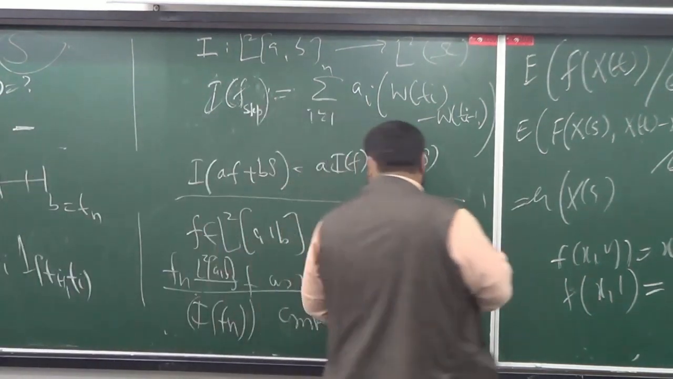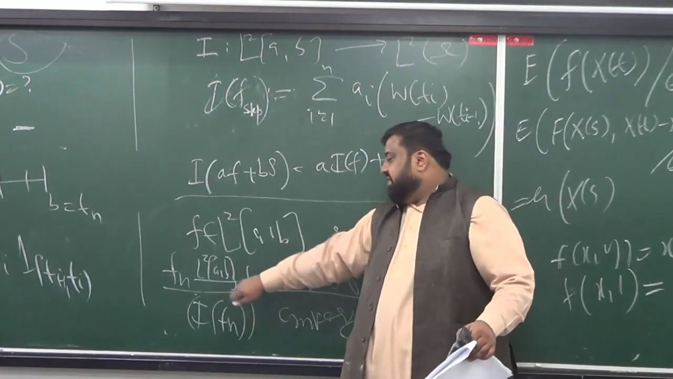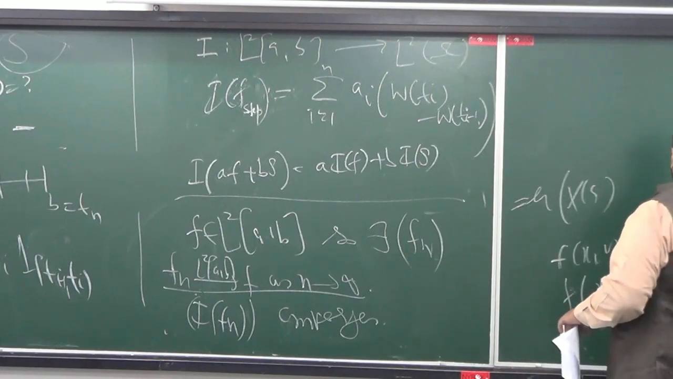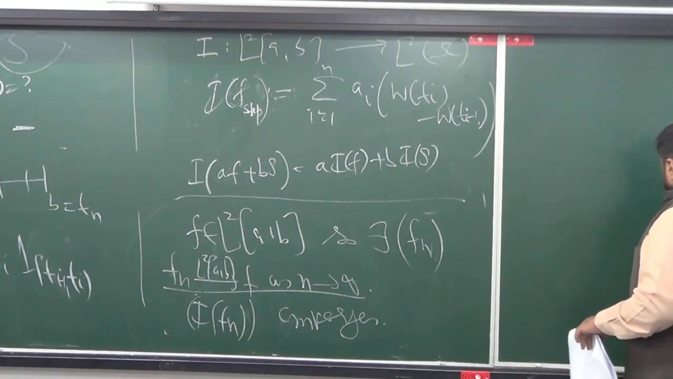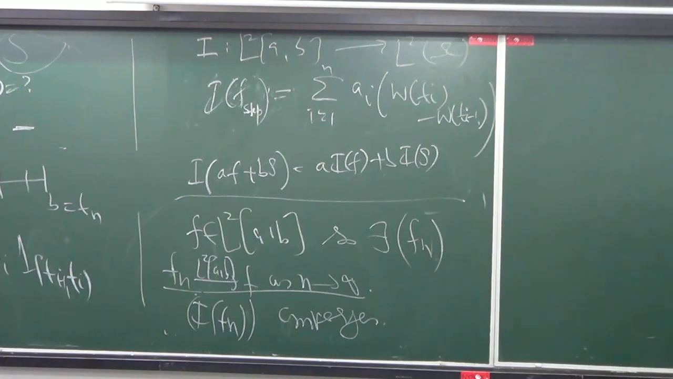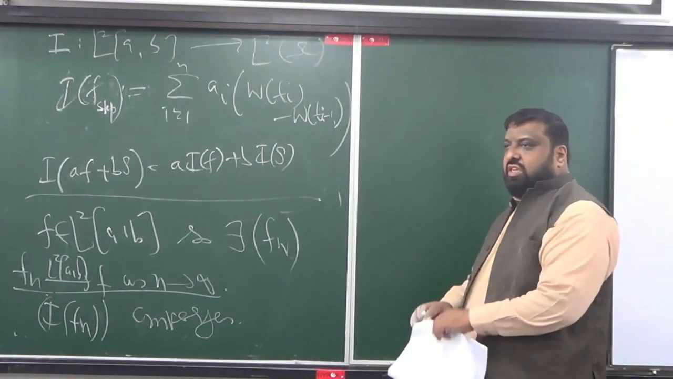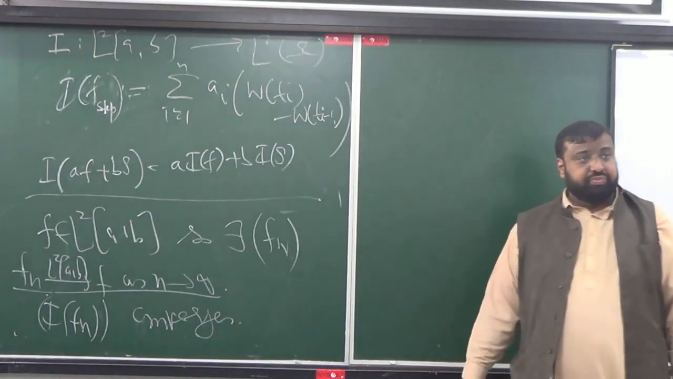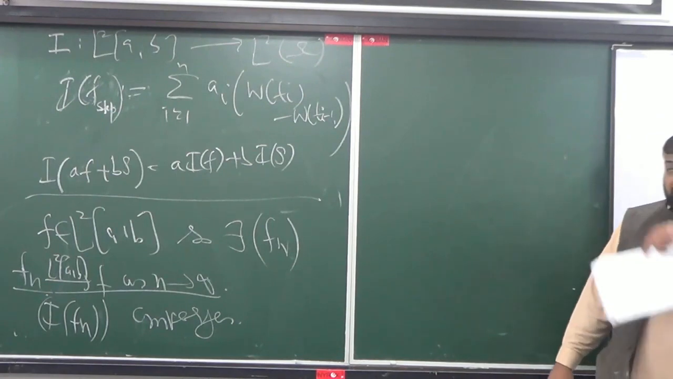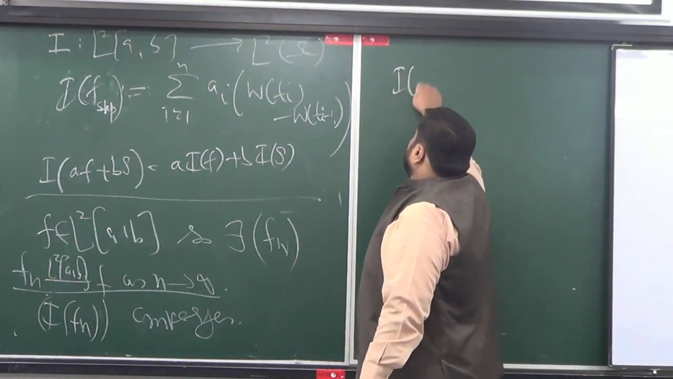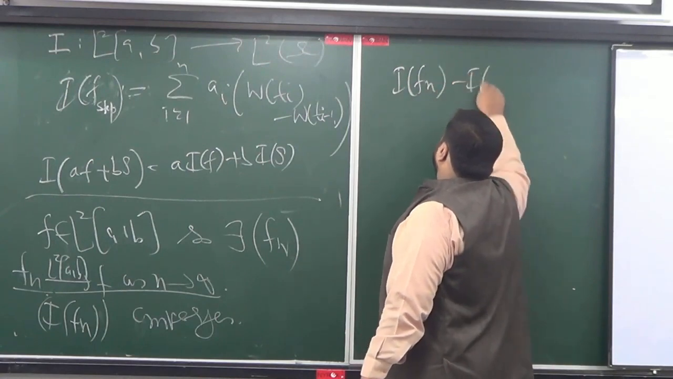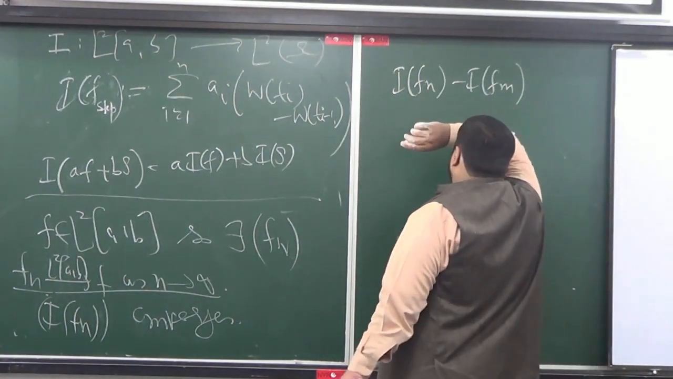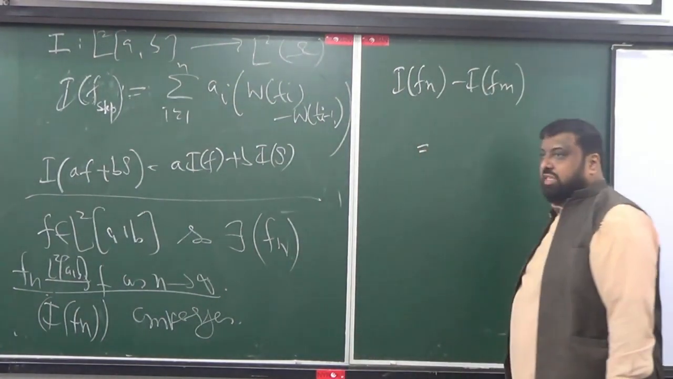Many strategies. I know that f_n converges to f. The only thing we need is the convergence of this sequence of step functions. So just show it's Cauchy. How can I show this is Cauchy? We need the difference of I of f_n minus I of f_m, in the L2 sense. And this would be the same as, if I write it explicitly,